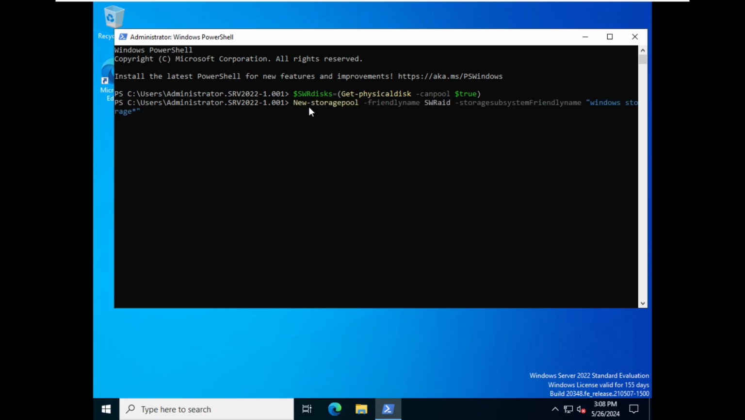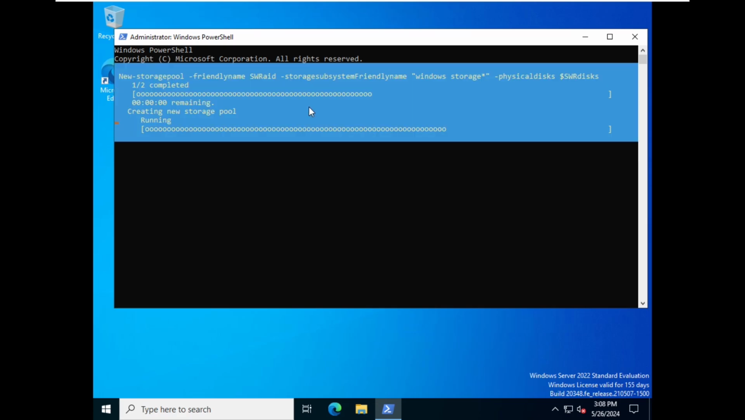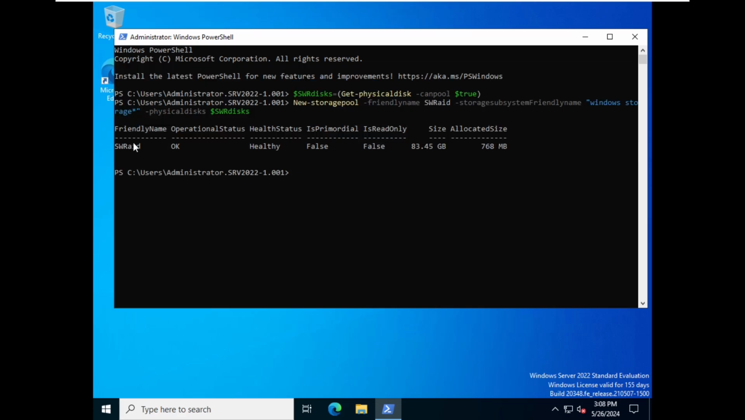So the second command is to create a new storage pool. New-StoragePool, with a friendly name for the storage pool, I am using swraid, and then the storage subsystem name and the variable for the physical disks, and then it will create the storage pool. And here you can see that the swraid storage pool is created, which is healthy, and it has assigned 83.45 gigabytes of the capacity. So here you can see all the information,